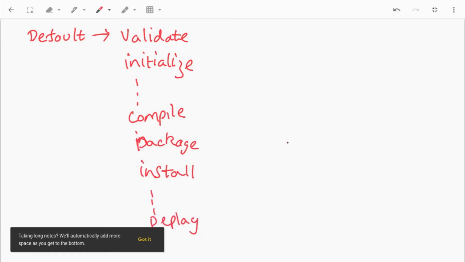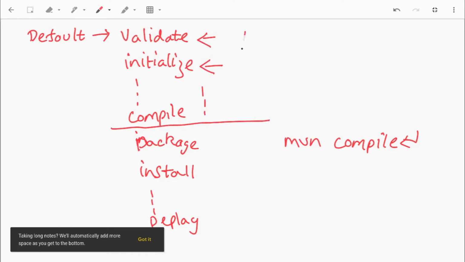When we fired the command mvn compile, Maven was following its default order. That is, first it executed validate, then initialize, all the way till compile. This was the default order that Maven follows.